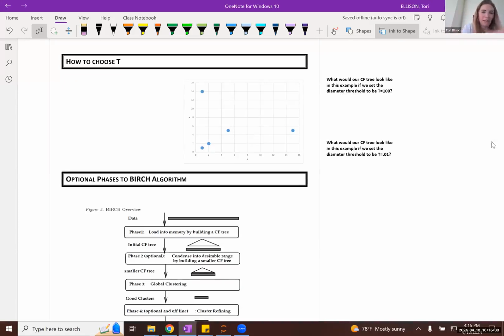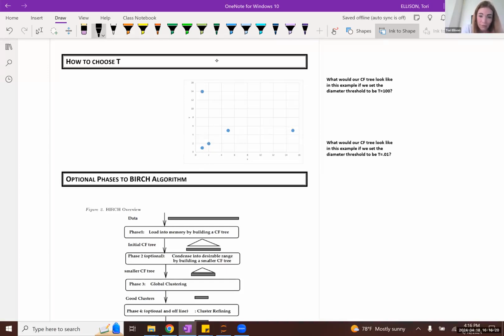Yeah, exactly. So we have made our cluster requirements way too loose. What that means is that, as we fed every new subcluster into our CF tree, we'd always assign it to the one existing leaf node cluster, because when we asked ourselves, am I allowed to merge those two subclusters? The answer would always be yes, right? Because we would not be going above our diameter threshold. So these two subclusters would merge. These two subclusters would merge.